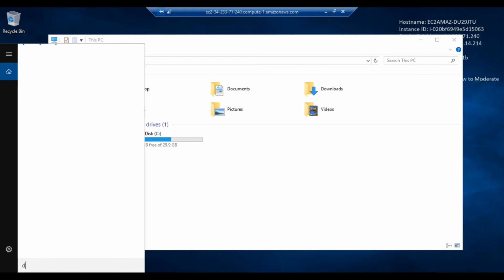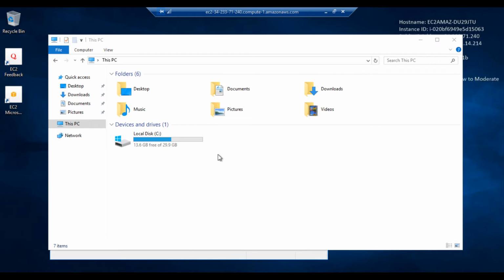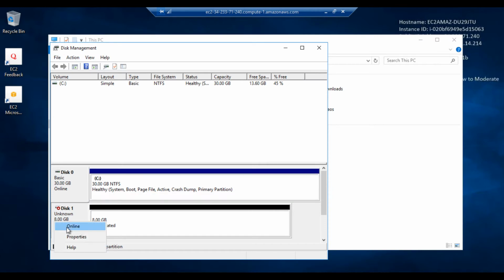Let me see in Disk Management. We will bring it online.